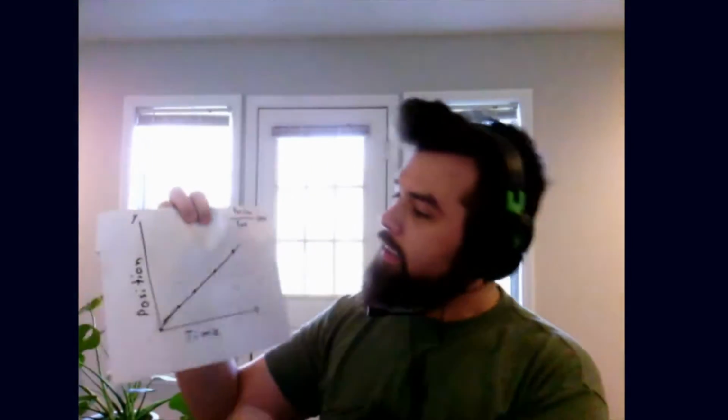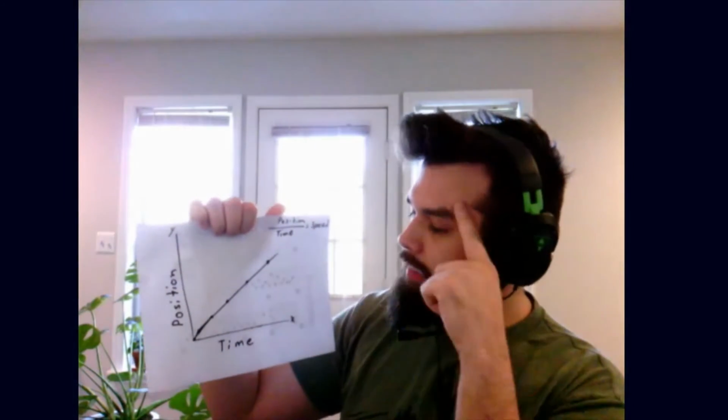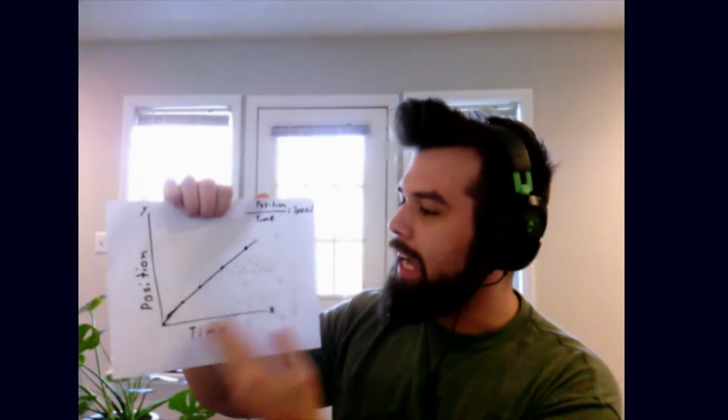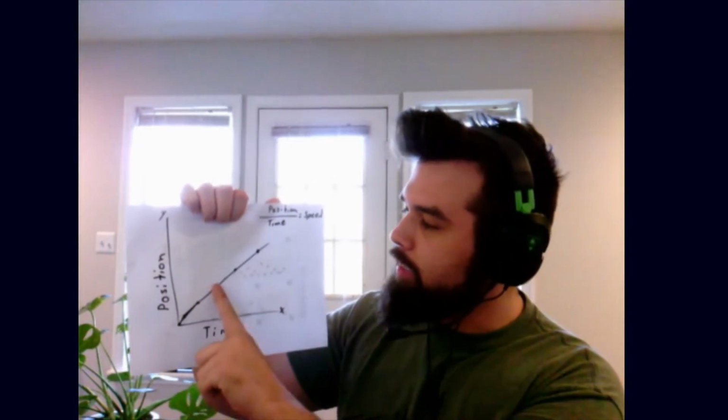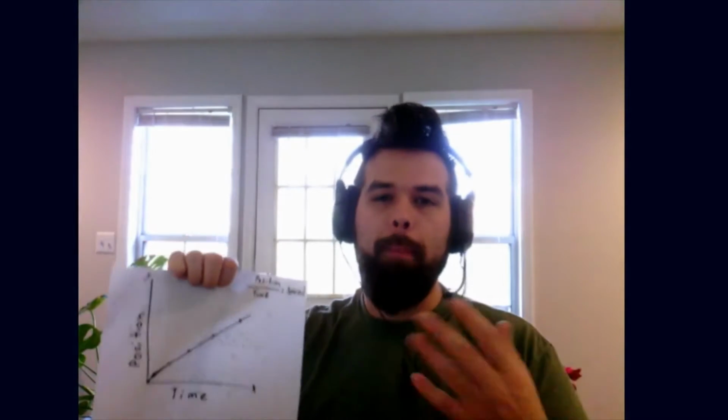So the first thing that we learned on Tuesday was what a position graph is and how to make one. A position graph basically tells you how an object moved over time. They're pretty easy to make. All you have to do is take the position of an object and plot that on the y-axis, where the time that it was at that position is on the x-axis. As you make these little dots, you can connect them, and it gives you an idea of what path the